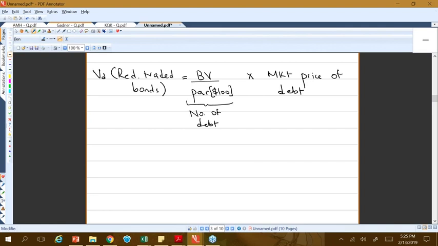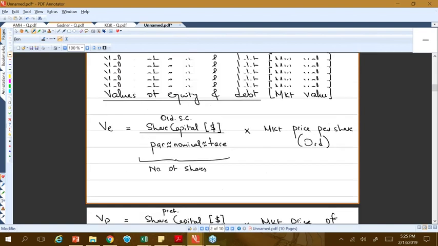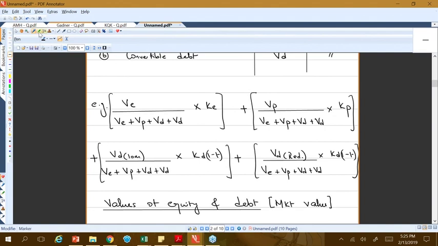Now, this is the values part. So if I go back to that extended WACC formula, at this point, we are okay with all these. We should be fine with working out all these values: VD of the loan, VD of the redeemable debt. And the only thing now which is left is how to figure out the costs of all these sources of finance. So we need to look at ways in which we can find the KE, the KP, and the KD1 minus T of the loan and the redeemable debt.